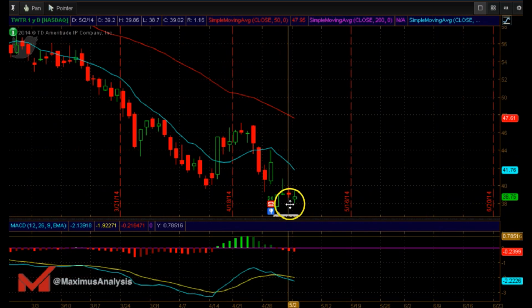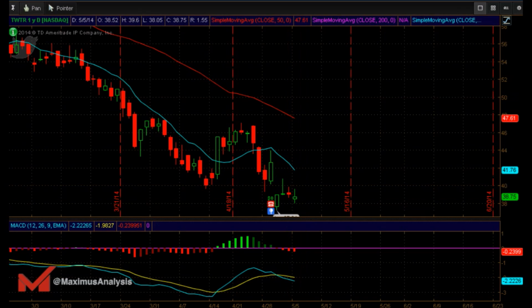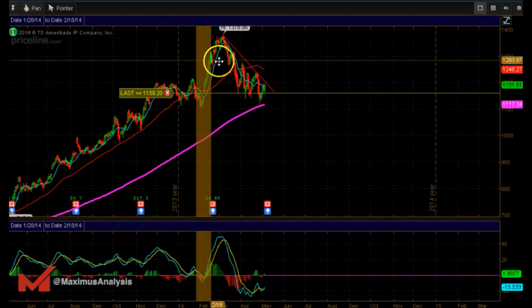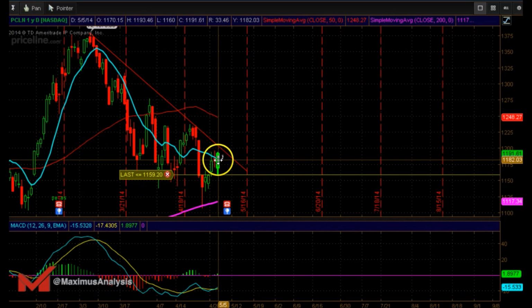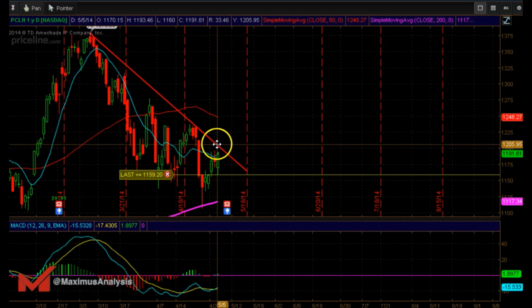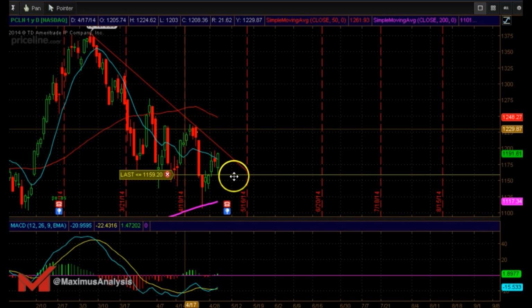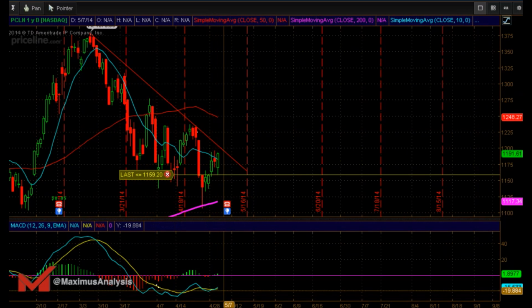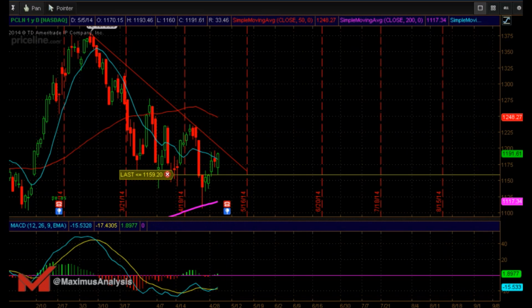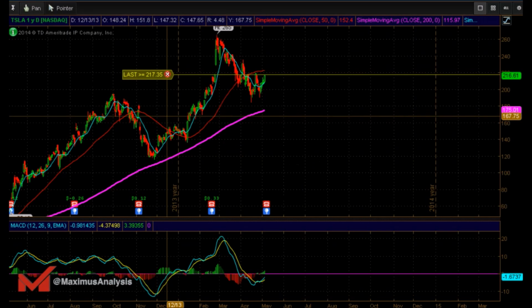Twitter, you got Twitter. Bearish MACD, I wouldn't be looking to go long here. It's under the IPO lows, so I would not look to be going long that one. We got Priceline. Priceline is giving a nice engulfing pattern right here. Want to see if we can test these downtrend lines as well. Bullish MACD curl up. So we want to see if it's really going to do what it can do.